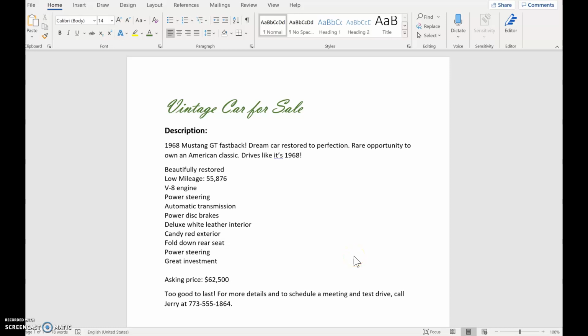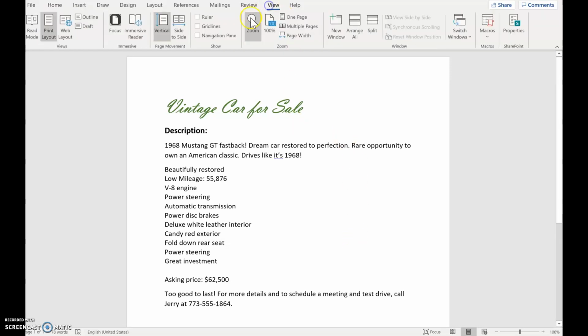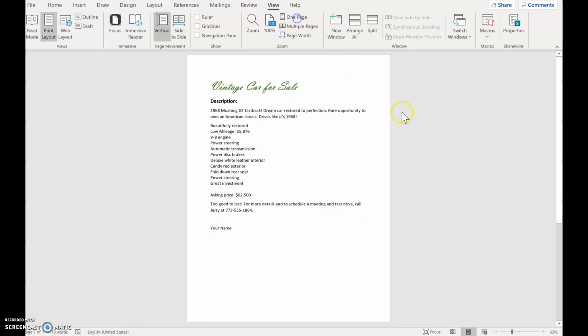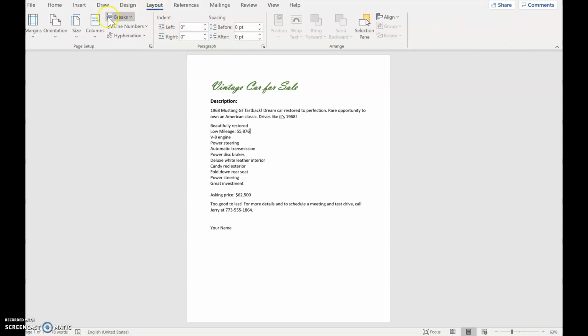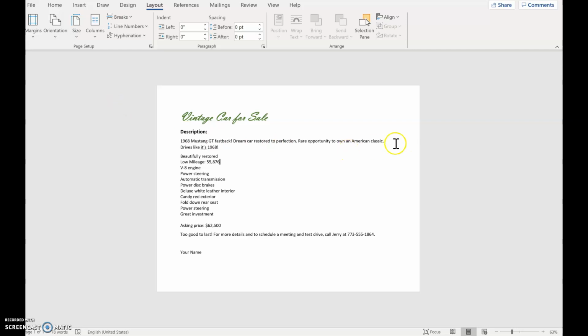Hi, I'd like you to open up Car Flyer, and I just want to show you a few more things in Word. So if we were to look at this as a one-page document, you'll notice that it's in what's called Portrait, and there's a lot of space at the bottom of the page. So instead, I'm going to choose Layout, and for orientation, I'll choose Landscape, so it turns it with the longer